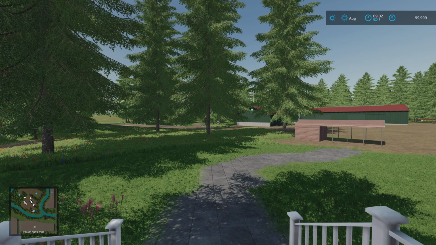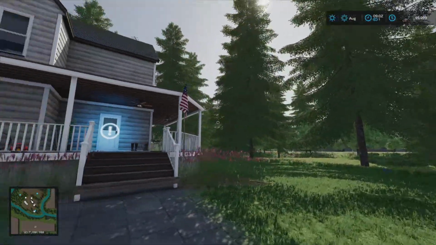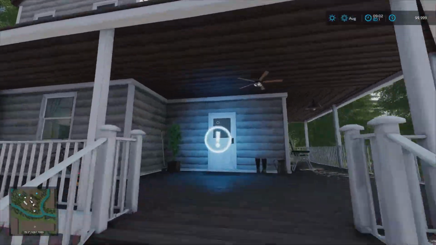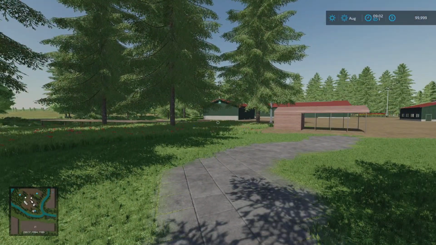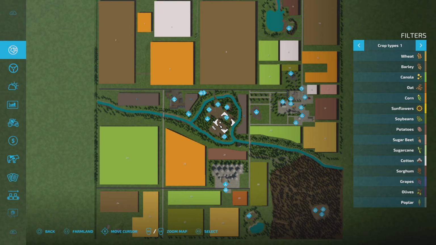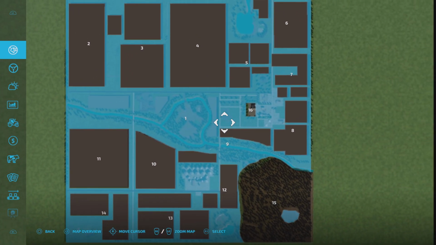There are collectibles, 100 of them. Contracts are available. We start here at our sleep trigger, our farmhouse, just there. Let's have a look at the map. It looks like this. Now, I'm on New Farmer, Normal Economy, and we start with all of this, but this